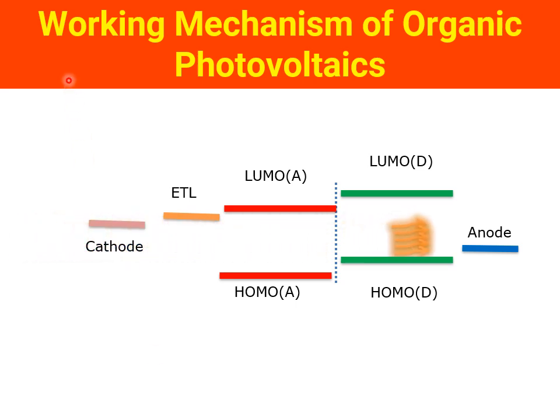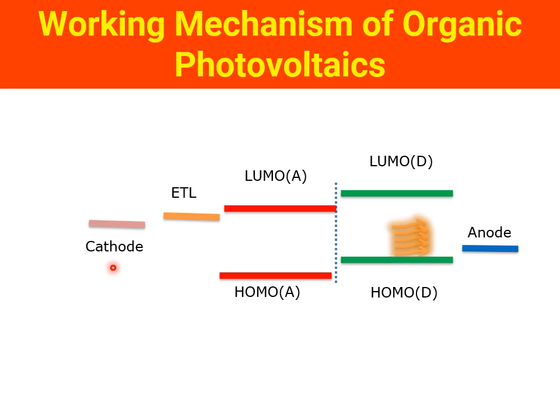In this video, we are going to see the working mechanism of organic photovoltaics. The general working mechanism of organic photovoltaics is a little bit different from conventional photovoltaic devices. So, an organic photovoltaic consists of the following layers: anode, cathode, transport layers, electron transport layers and hole transport layers, acceptor and donor materials. So now we will see how this